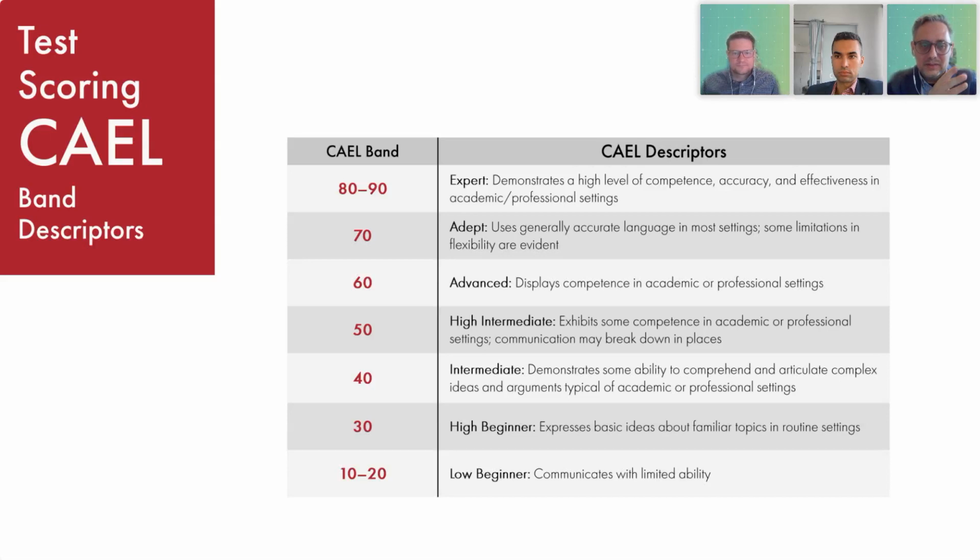So the CAEL bands are self-explanatory with the descriptors. A lot of the institutions, and maybe this is where the question comes from, would require a score of 60 plus. But again, I would urge test takers to follow up with the particular institution, particularly if you are applying for graduate study. A lot of institutions may require 70 plus, which is the ability to use generally accurate language in